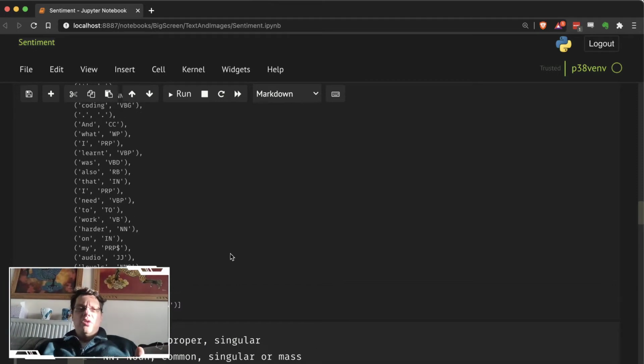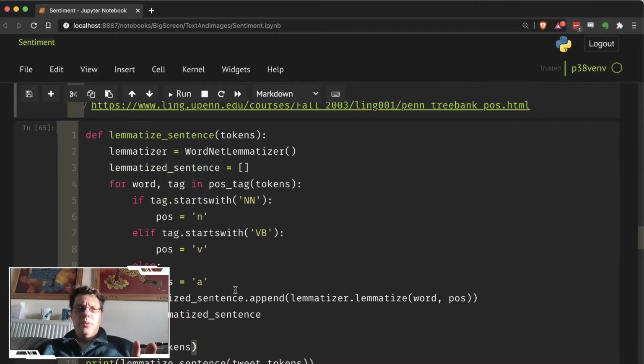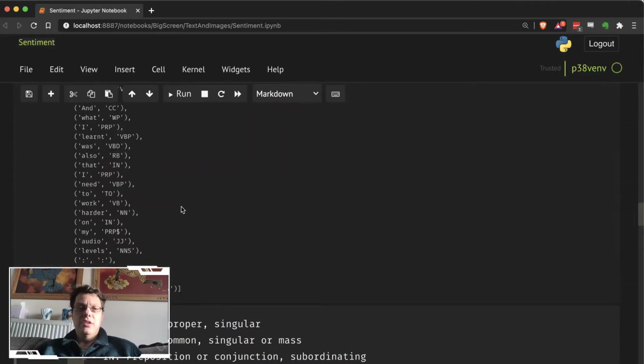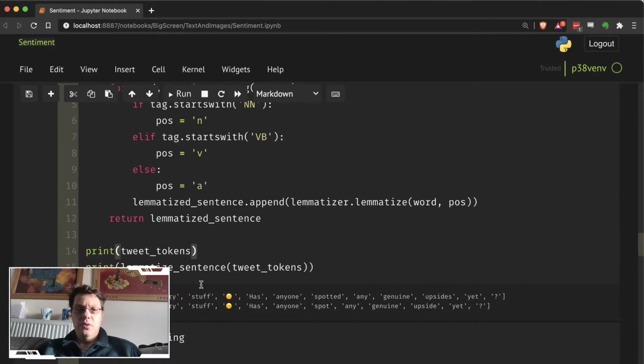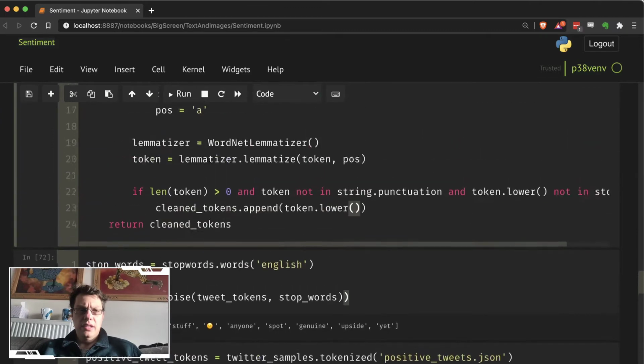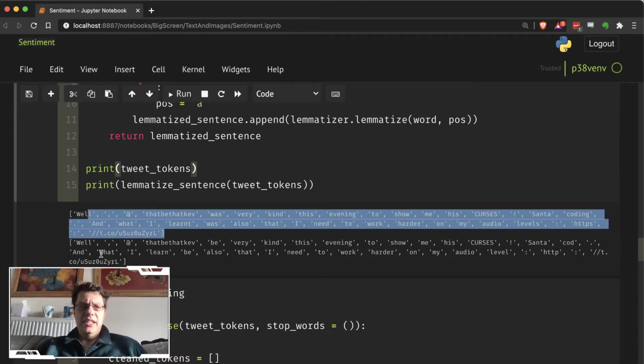Then it gets really interesting, because some of these words you don't want to ignore, and there's a couple of functions I grabbed offline to lemmatize the words. And also, this basically changes the sentence. So I'm just going to run this again for my function. Did that run? Yes, it did. So this is my sentence. The first sentence was before we lemmatized it, and the second sentence afterwards.